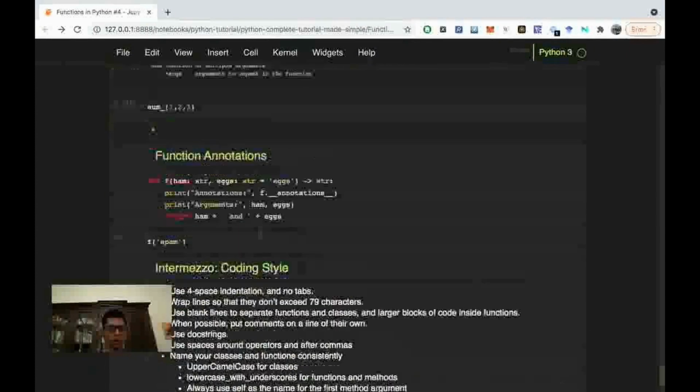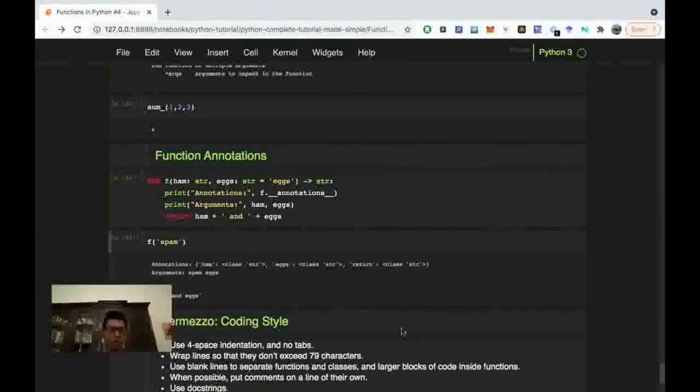So the last thing before the last one is annotations. They don't actually do anything to your functions, but they are like metadata for your function. So if you do f of spam, it tells you that ham is a string, x is a string, and the return should also be a string. It's like some metadata, instead of just defining functions normally without telling what type